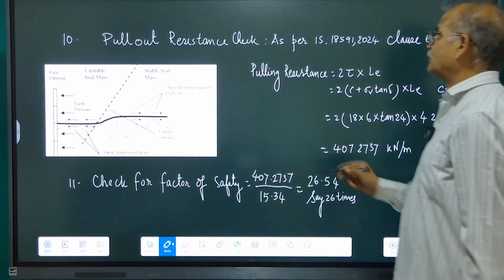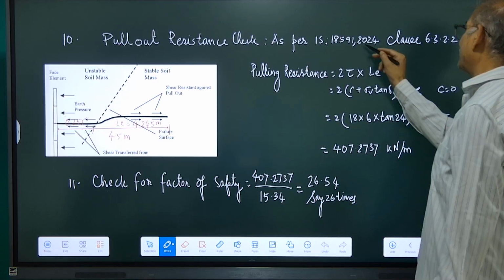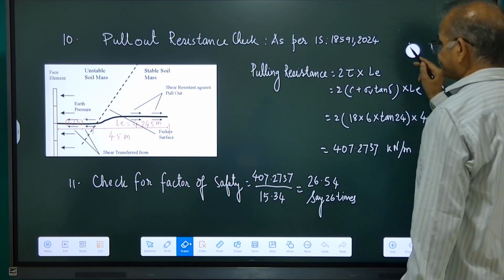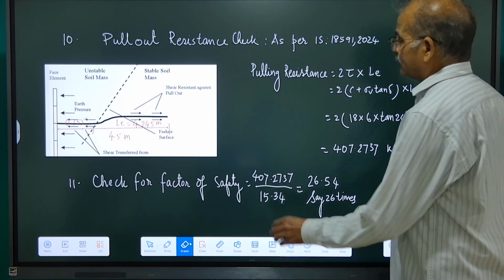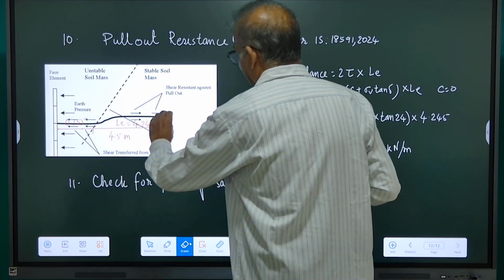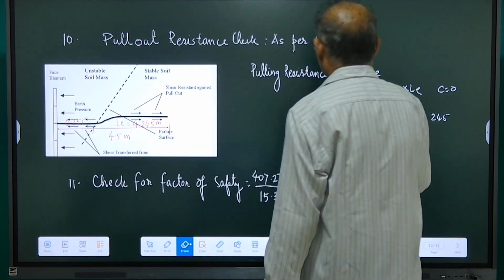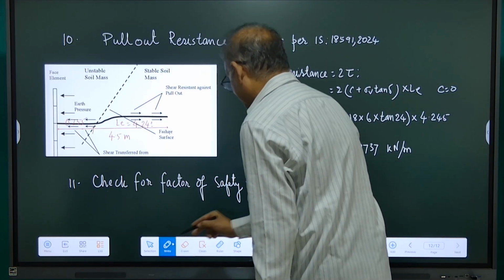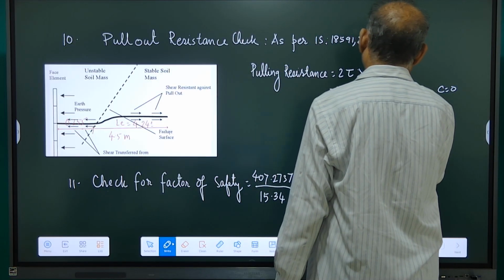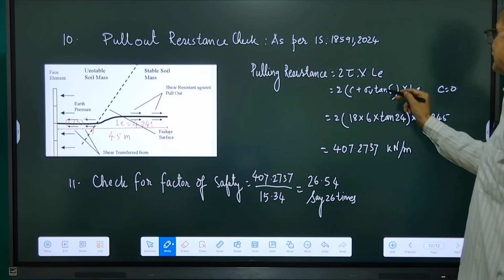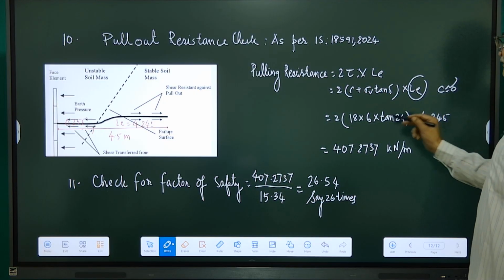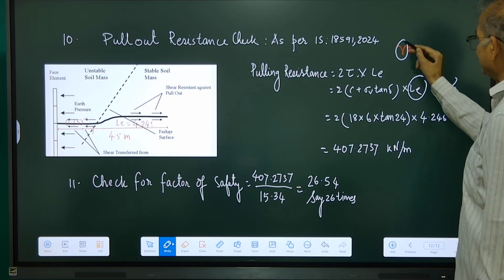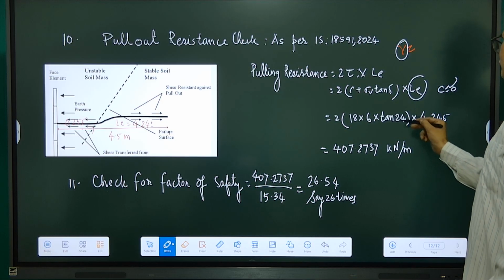Now the pull-out resistance check as per IS 18591 2024. The pulling resistance has to take this out. So 2 times shear stress into anchorage length: 2 into C plus sigma v tan lambda into LE, and C is equal to 0. Sigma v is unit weight gamma into Z, unit weight of soil 18 into 6 into tan 24 into